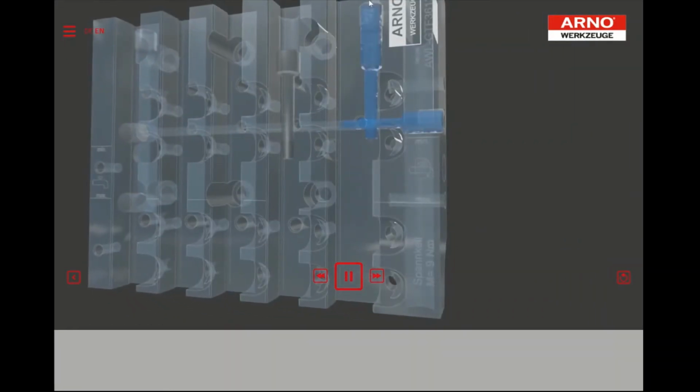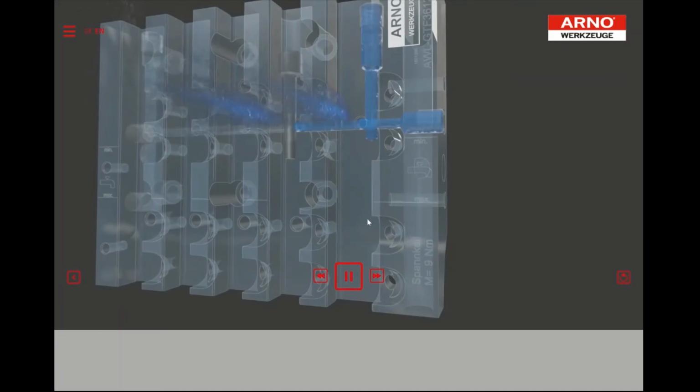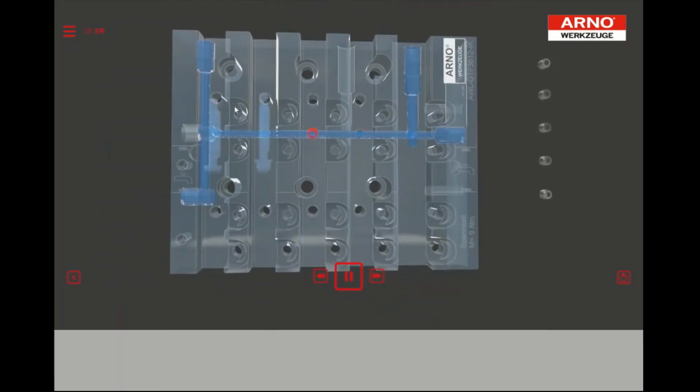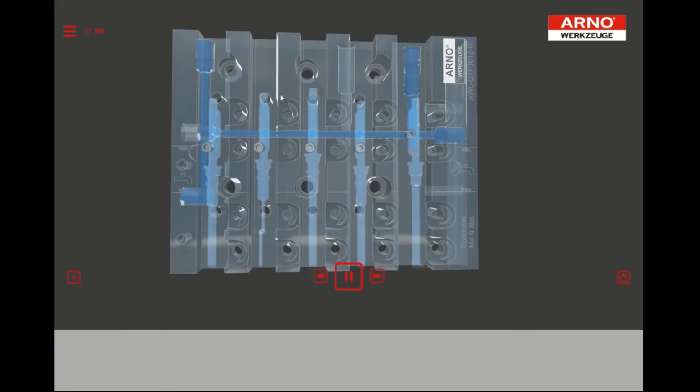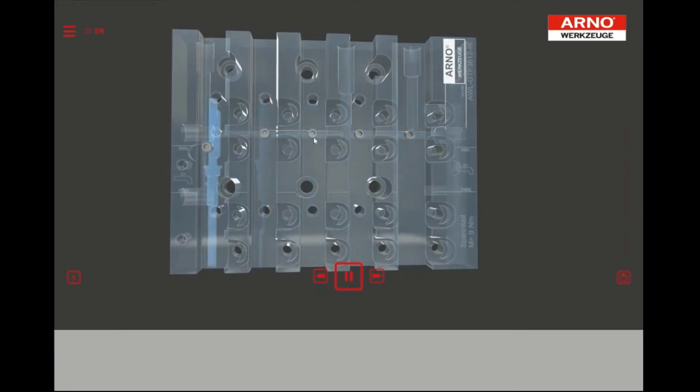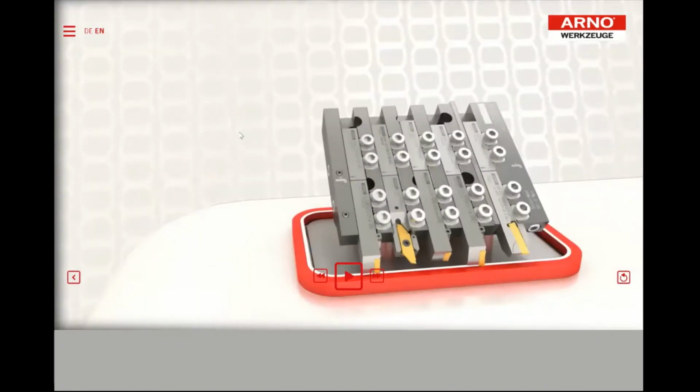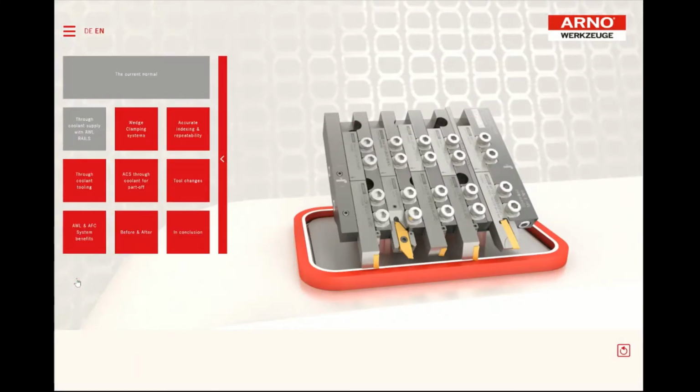So if we can have twin coolant feed, it allows us maximized pressure to each particular zone of the rail. So again, we get in that optimum pressure. Each location can be opened or sealed to suit. So we can have it to a specific tool location, we can have it open to all tool locations, but there is flexibility within the system to allow us to access what we need and how we need and when we need. So that covers the rail itself and how the coolant is fed,